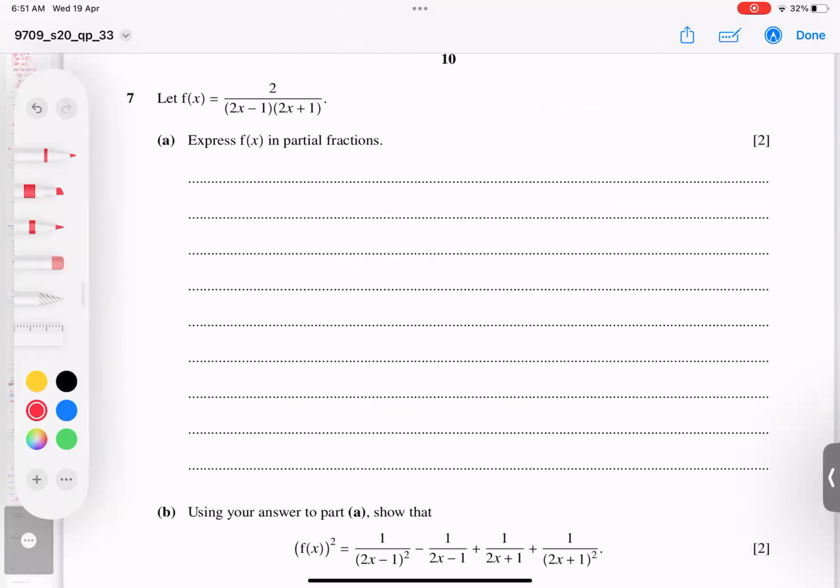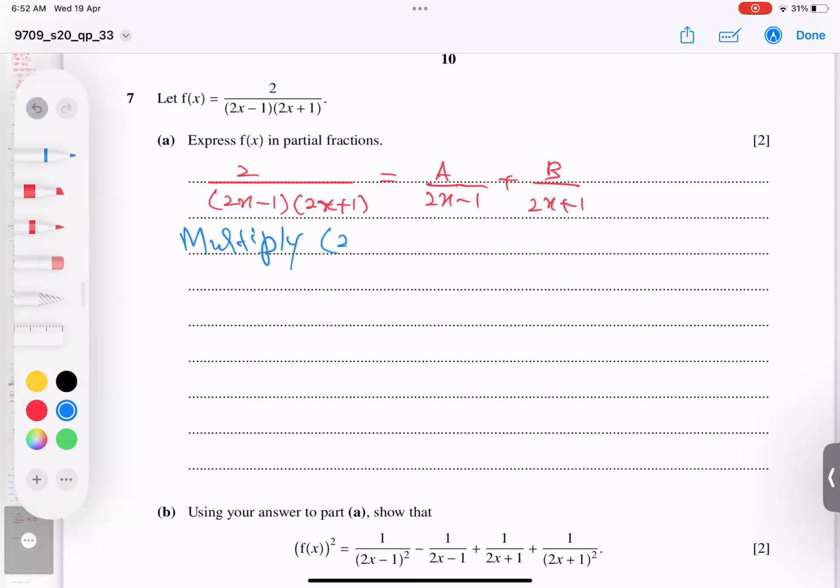Question number 7, we have, students, so partial fraction we have to do. So let's see how we can do partial fraction, students. So 2x minus 1 and 2x plus 1. Okay, so we write A over the first factor and B over the second factor, as a rule. Then I multiply the whole equation with the